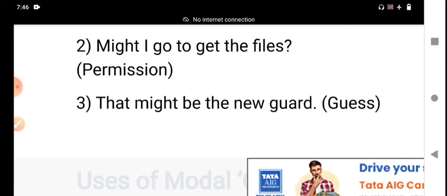These are the functions of may and might. In today's session, I have explained them in detail, my dear students. And you should understand the language functions. Language functions are there from 6th class to 10th class, in intermediate and degree level, and in any competitive exams. Basically, all the language functions are based on the modal verbs. What are the functions and uses of the modal verbs? Without knowing the functions of modal verbs, we are not able to give answers.